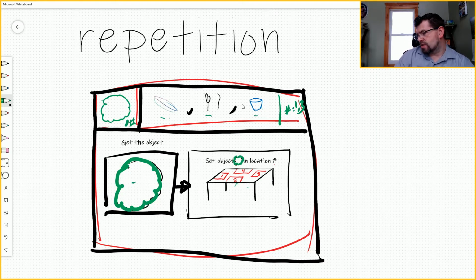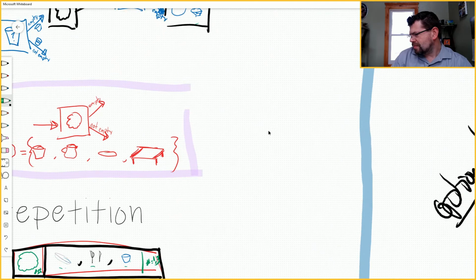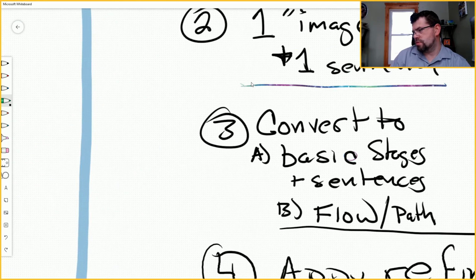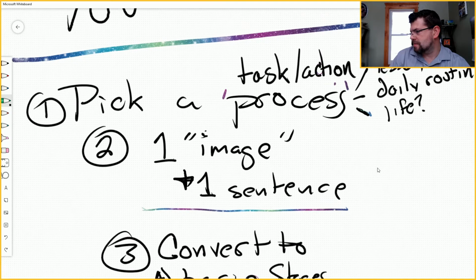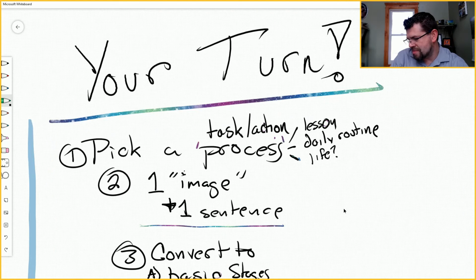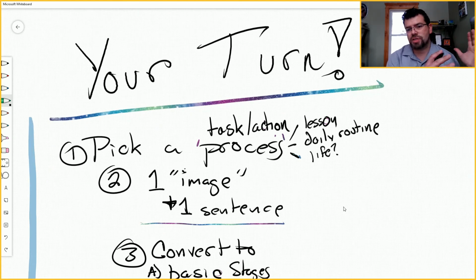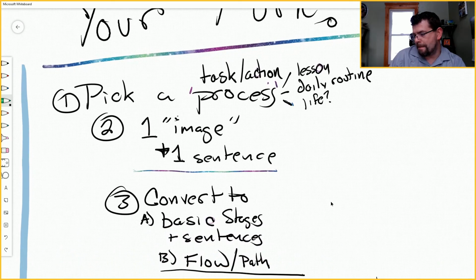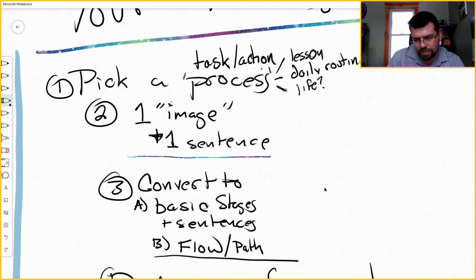All right, so now it's your turn. I would like you to come up with your own task from a lesson or daily life, your choice. You're going to start off doing multiple panels like we just had. You're going to draw one image and write one sentence for the overarching task. And then I want you to convert it to a basic set of stages or subtasks and sentences for each. After you do the subtasks, I want you to draw a flow or a path through all those tasks,